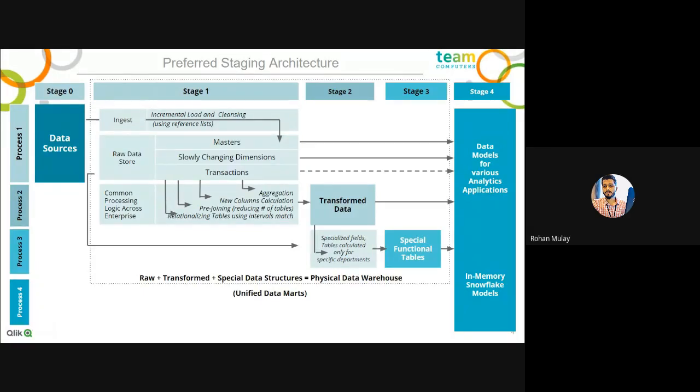This staging architecture also includes concepts of naming conventions and folder structure, which Prashant has already covered in his previous sections, and we have to keep that in mind while doing this.